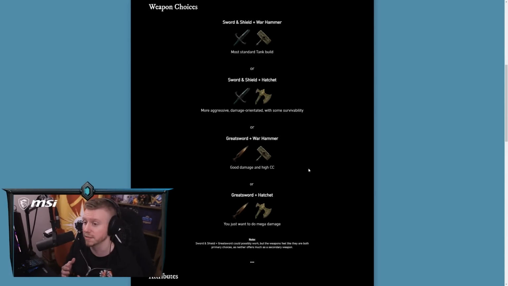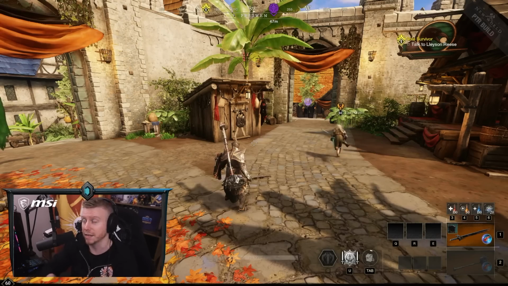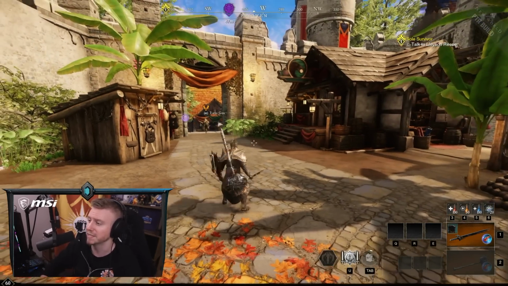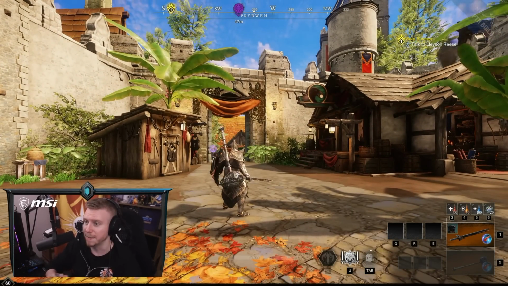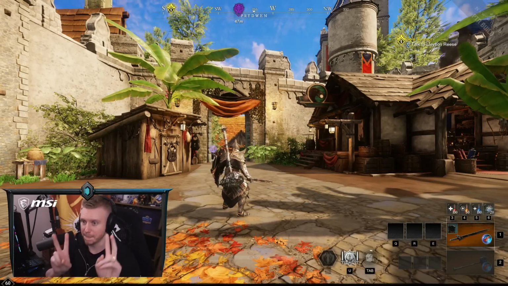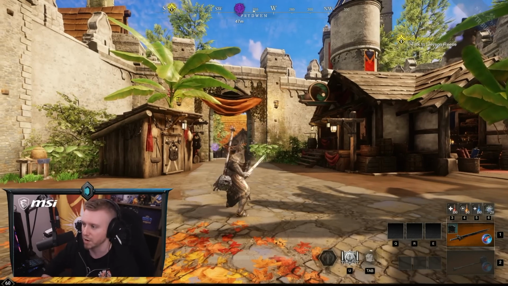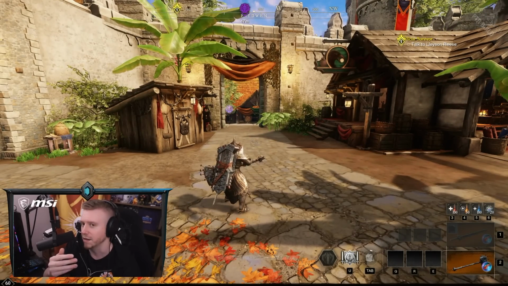So if you have a solid healer and you're comfortable with them, you know they can keep you topped up, you could look to do Greatsword Warhammer or Greatsword Hatchet, and potentially even Greatsword Sword and Shield. I do think that a loadout like that might work, but the problem is I view Sword and Shield as sort of like a main weapon, and then the Greatsword is also like a main weapon as well, so you're combining two primary weapons rather than a primary and a secondary,